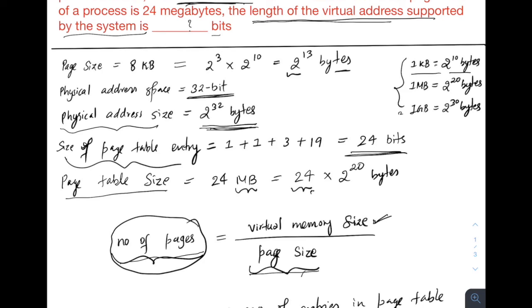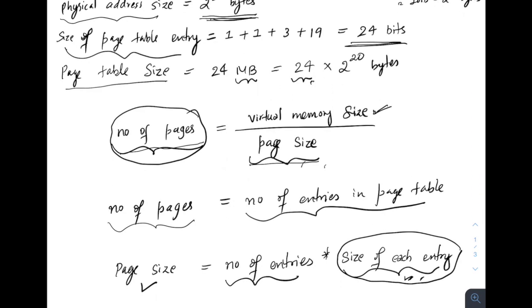Here pages and page table, everything is given. So I know that number of pages equals virtual memory size divided by page size. From here, I got to the point that page size is given, virtual memory size I need to find, but number of pages I do not know. But here the page table size is given, and the space required for each page table entry is also almost given. There is one thing missing, but it's almost given. So my main intention was to find the number of pages, and I relate this to the page table. We know that number of pages equals number of entries in the page table.